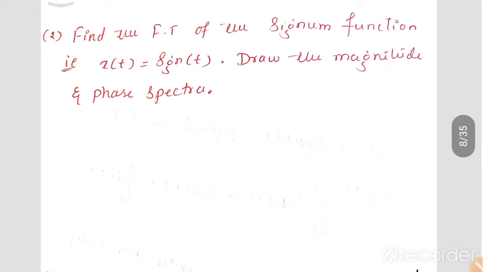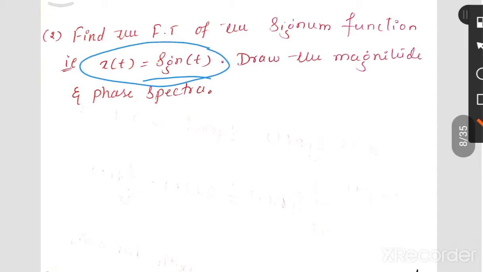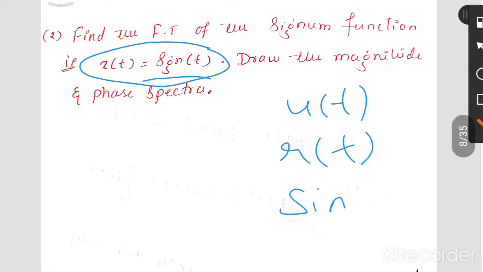Let's see the second example. Find the Fourier transform of the signum function, that is x of t equal to sgn of t. Draw the magnitude and phase spectra of this. Remember, this is one special signal, like your unit step u of t, r of t is a ramp and sine is sine omega t. Similarly, we have a signum signal,